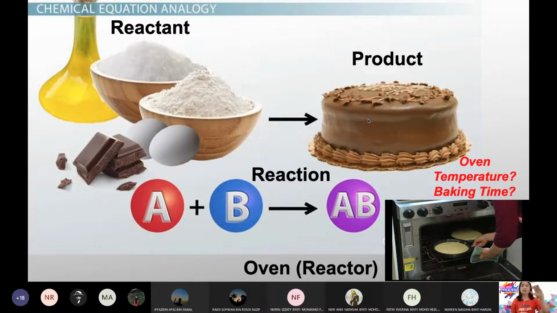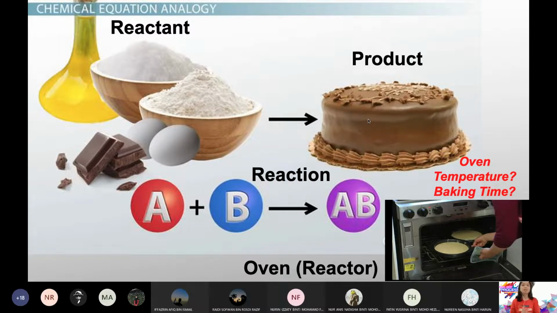Okay, reaction in chemistry, in a simpler word, reaction is when you put in your raw material. Okay, raw material ni ataupun we call it reactant. Okay, kita panggil reactant, kita panggil raw material, is the same meaning. The compound that you place before the reaction takes place. Okay. So you put in your reactor after certain time. Okay, where you get a new compound from the reactor or from the reaction, it means a reaction has taken place. Maksudnya katakan kamu letak compound A dan B dalam reactor, after reaction takes place, kamu dapat compound baru, compound C. That means a reaction has taken place.